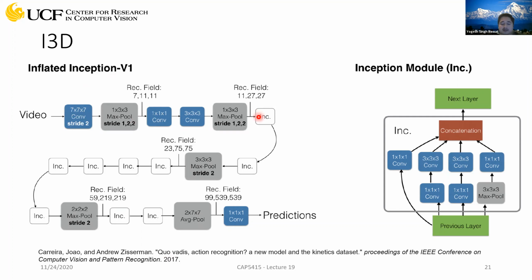This is the exact same architecture which you have seen for Inception V1, which is used for image classification, right? So in image classification, your kernel shape was 7 cross 7. Here they have 7 cross 7 cross 7. And again, if you look at max pooling, there you had max pooling of 3 cross 3. Here you have max pooling of 1 cross 3 cross 3. So effectively, when you're not performing any pooling in the temporal dimension, the first one is representing the temporal extent. Okay. And the rest of the layers are same. It's just converting 2D filters to 3D filters.